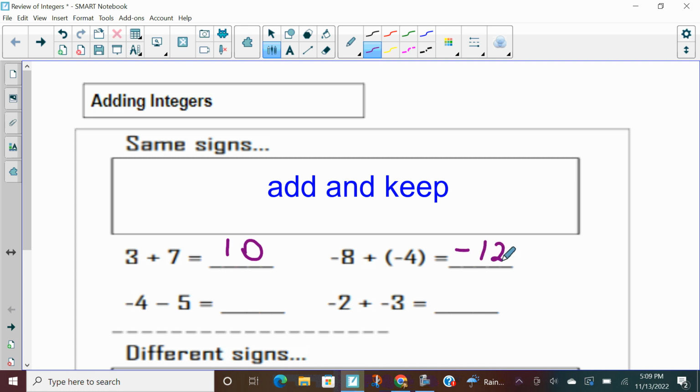Negative 4 minus 5, we'll talk about that later, is really negative 4 plus negative 5, which is negative 9. Remember, negative 2 plus negative 3 is negative 5, because 2 plus 3 is 5. If